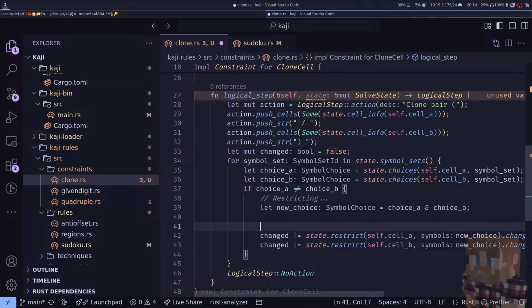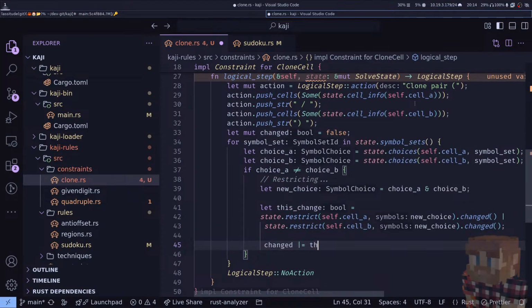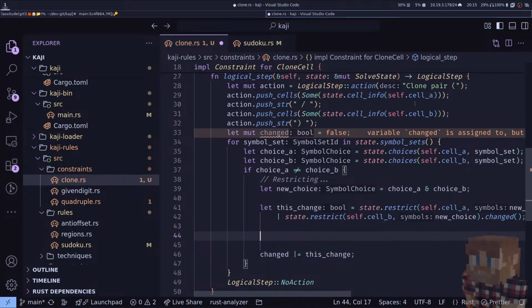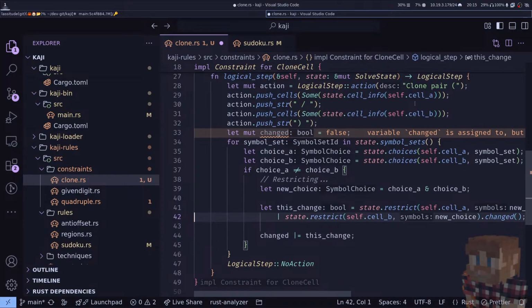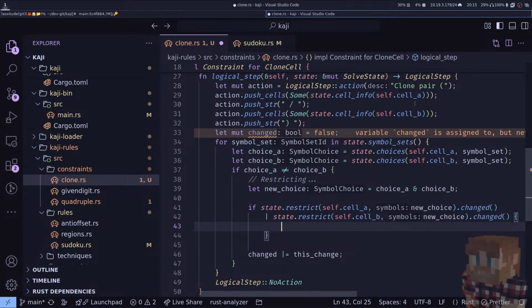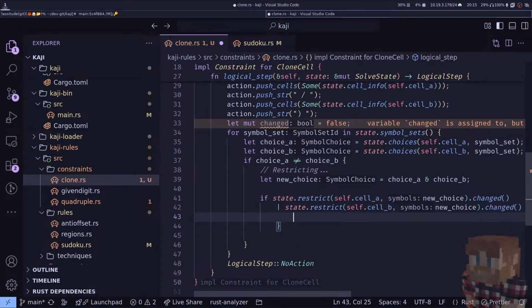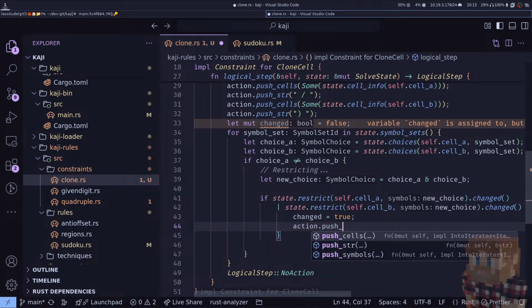Ooh, let this change equal that. If this change, no, my brain is not operating very well this evening. If either of those changed is true, action.push str or push, yeah, push str